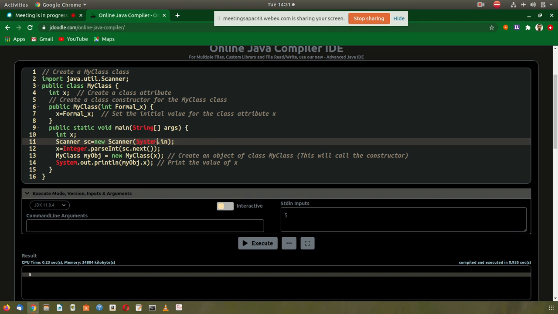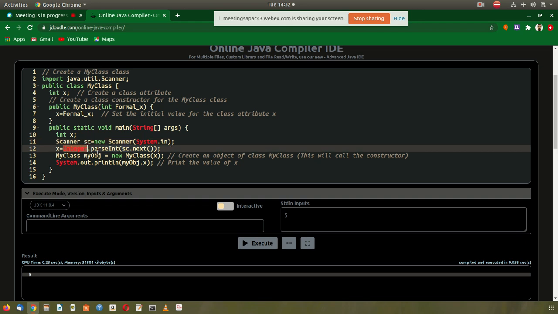So here particularly, since we are going to take the keyboard input, System.in is a way of indicating to the Scanner constructor that some input is going to come from the system. That means from the keyboard. System means the keyboard, that is the basic system. Now whatever input is going to come, it is going to be accessed by the sc object of the Scanner class. And since Scanner reads everything in string format, we'll convert it into integer.